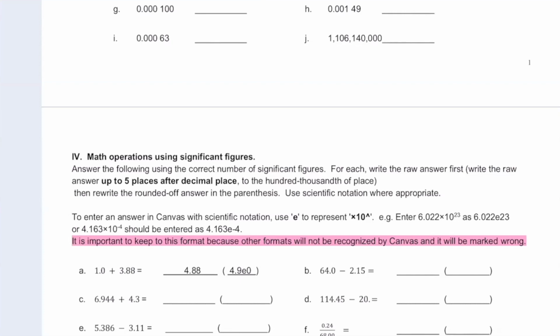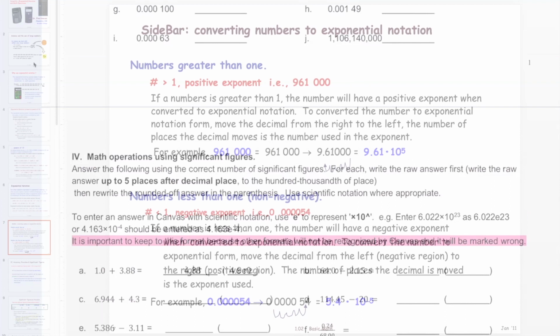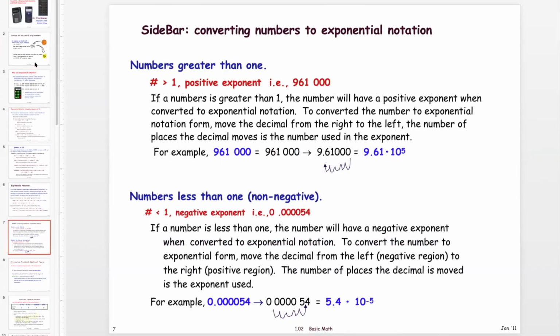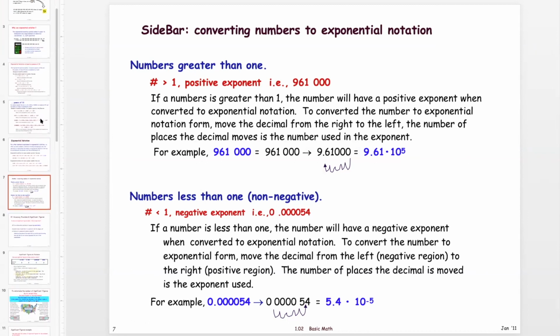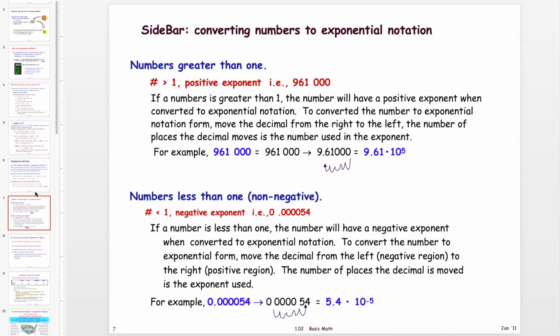So let me go ahead and go to the lecture and cover that so that you have the background, okay? This right here is lecture notes on my website. This pertains to my Chem 100. It talks to you about exponential notation, okay? But I really want to talk to you about significant figures. And so